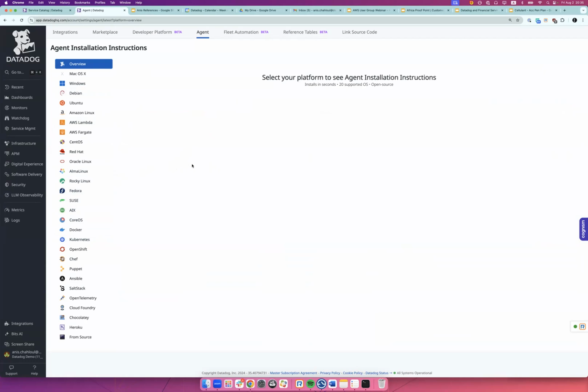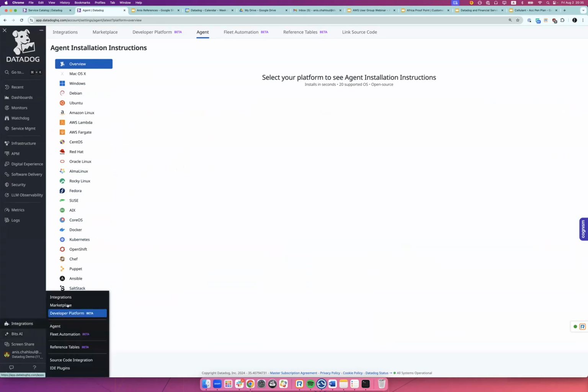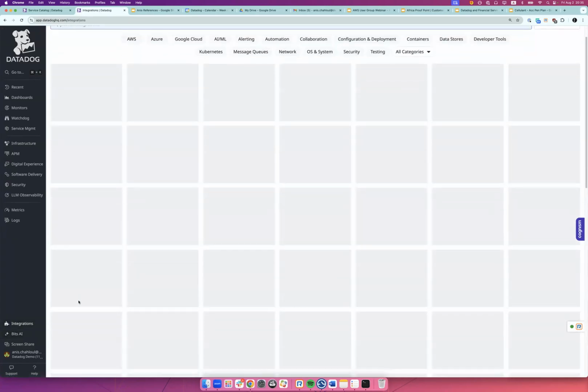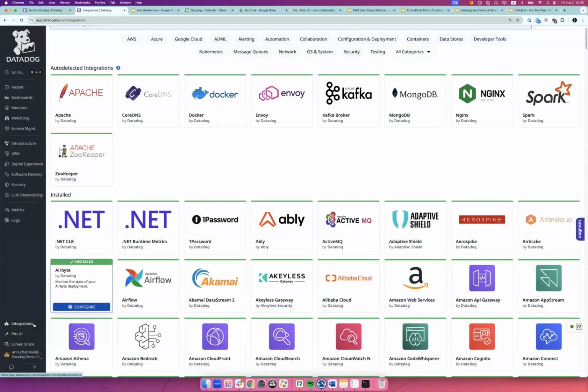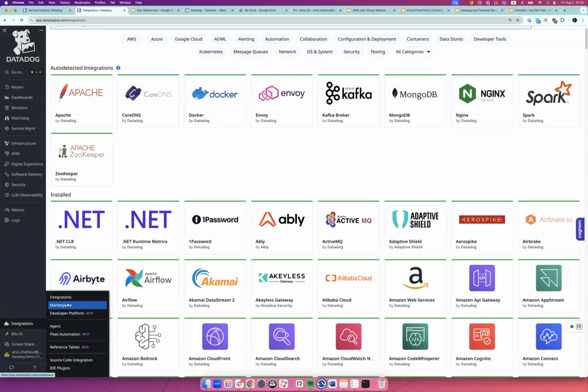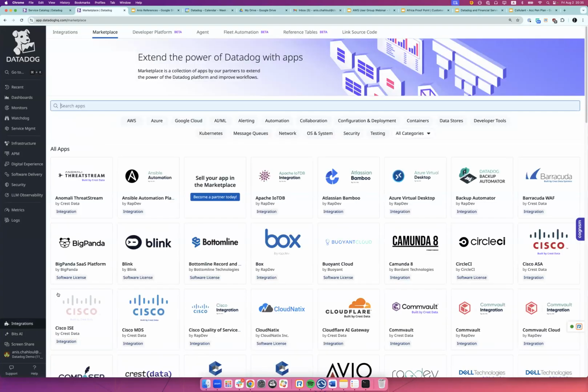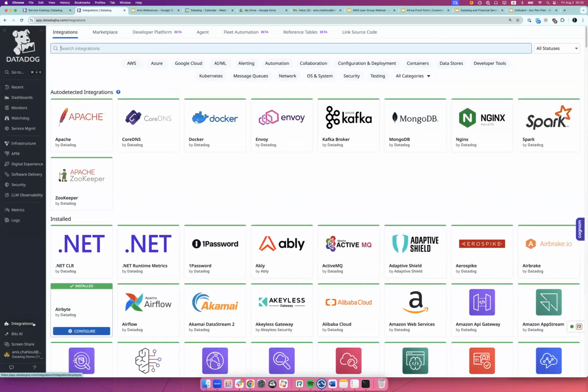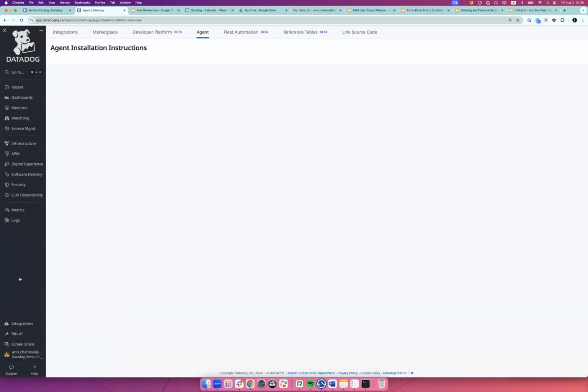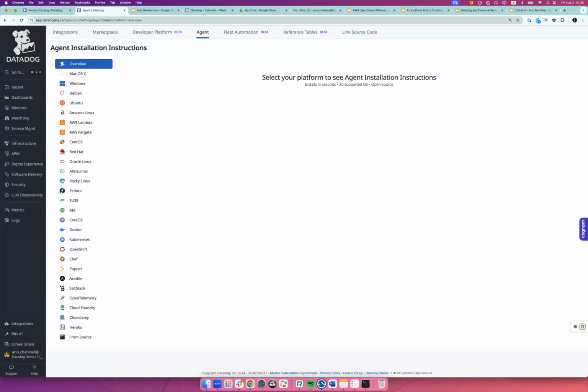Second, you have the API, so you can also send and collect logs, or other types of data and custom metrics, through the API. Building an integration, I'm not sure. I need to ask about that, but there are 700-plus out-of-the-box integrations, even for niche technologies. There are also marketplace integrations that I didn't touch base on, but those are the three ways I think I can answer the question.